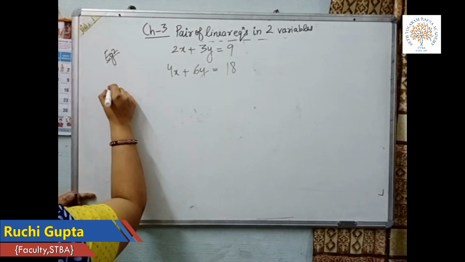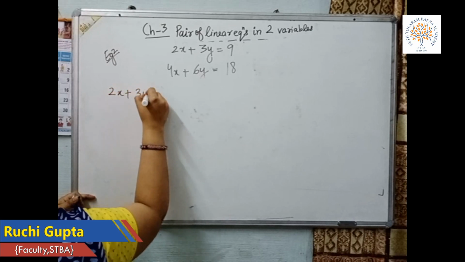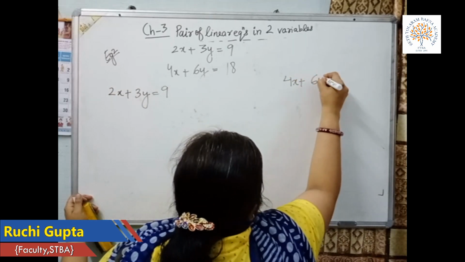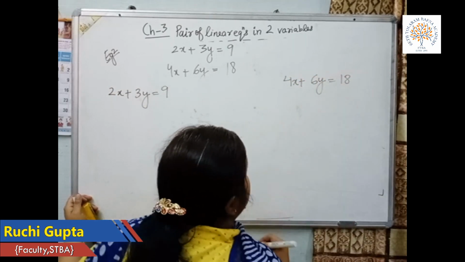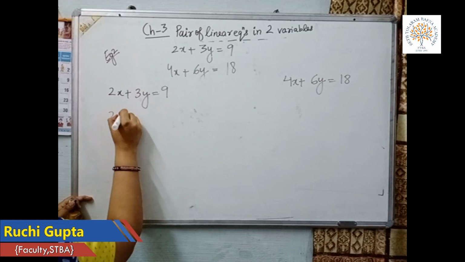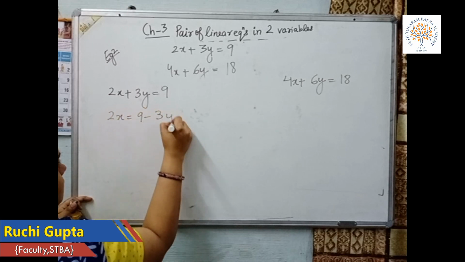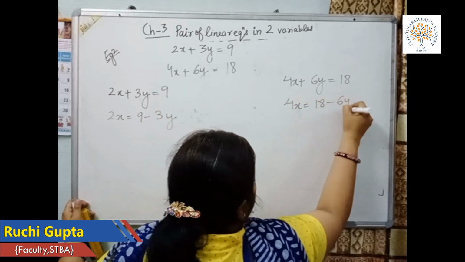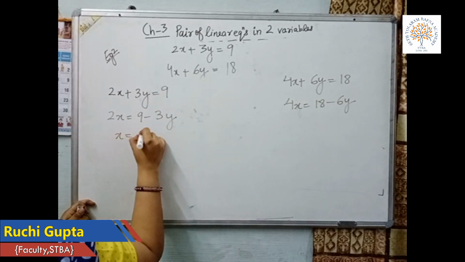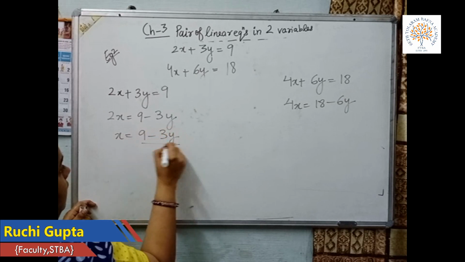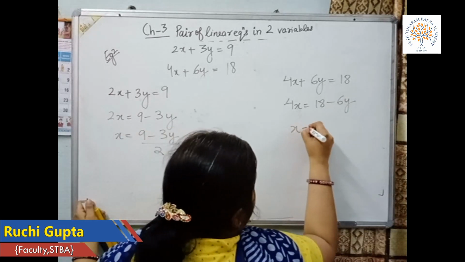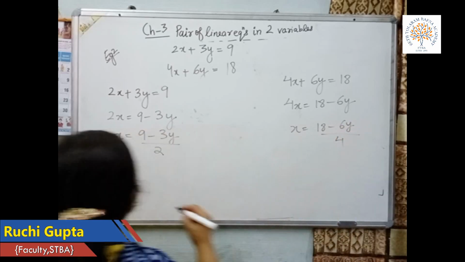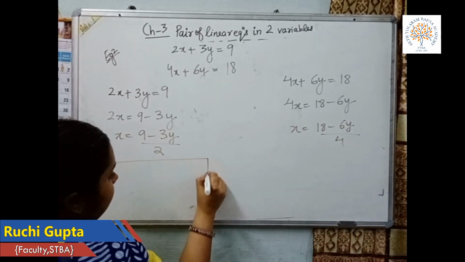So what is our first equation? 2x plus 3y is 9. And what is our second equation? 4x plus 6y is 18. So what is 2x? It is 9 minus 3y. What is 4x? It is 18 minus 6y. So what is x? It is 9 minus 3y upon 2. And here x is 18 minus 6y upon 4. So if I am finding the